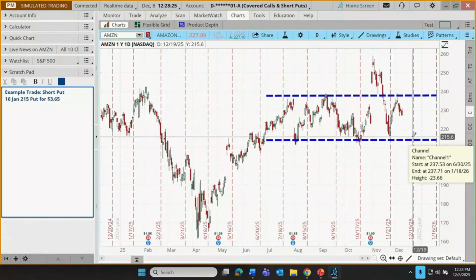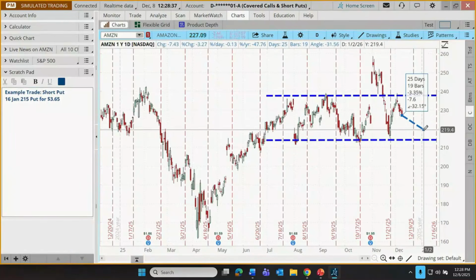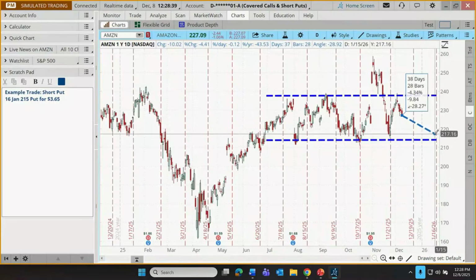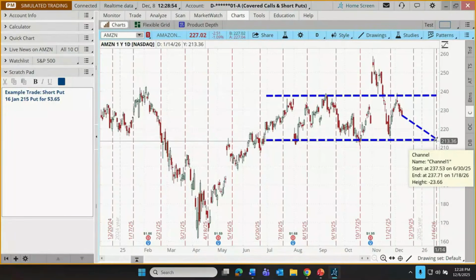That's the ultimate objective here for some traders. Yeah, because let's just paint the happiest picture we can. Let's say that the stock goes down as we're moving toward that 16th of January expiration, and we get right down to 215, and maybe we go a penny below it. See, I'm telling you the happiest scenario I can. So there we go. Stock goes right down to support. Let's say it's at 214.99, and we hit expiration.